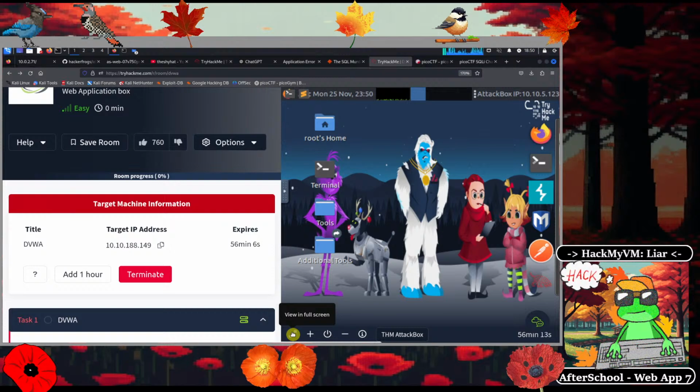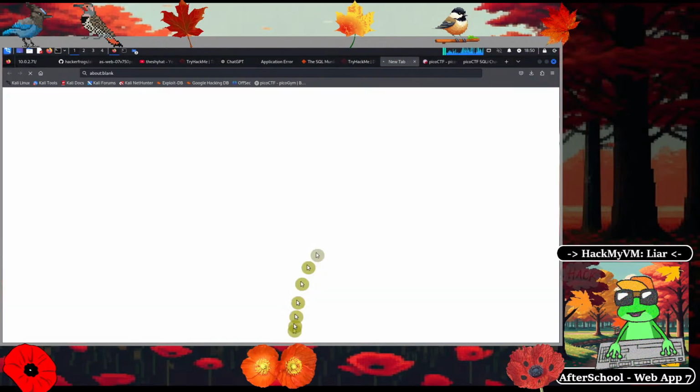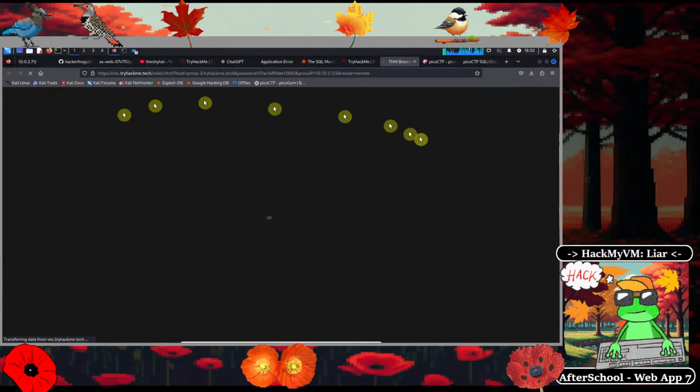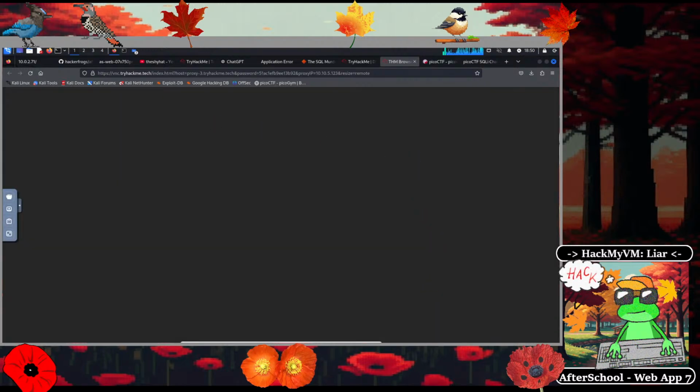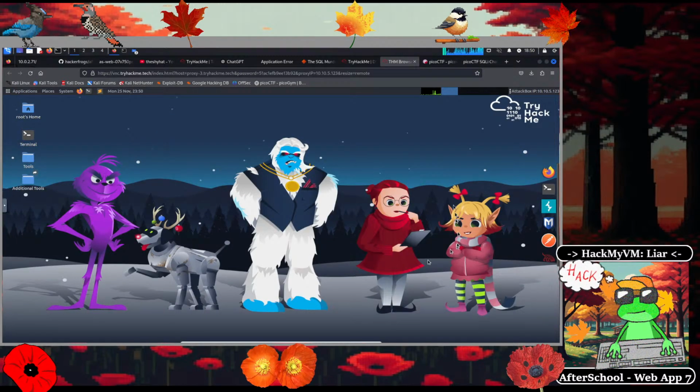It's labeled View in Full Screen. You're only going to see it after your attack box finishes initializing, but you want to click on it, and then it's going to put your attack box in its own browser tab, and this is what we want. So after we finish that,